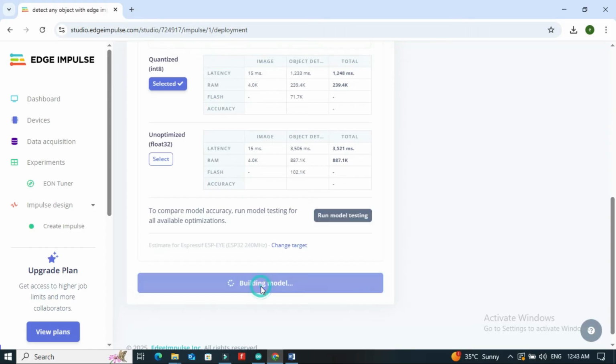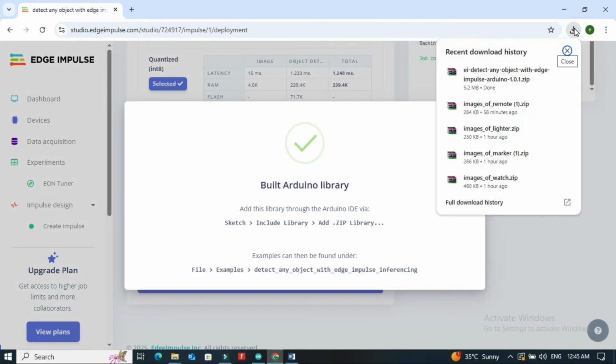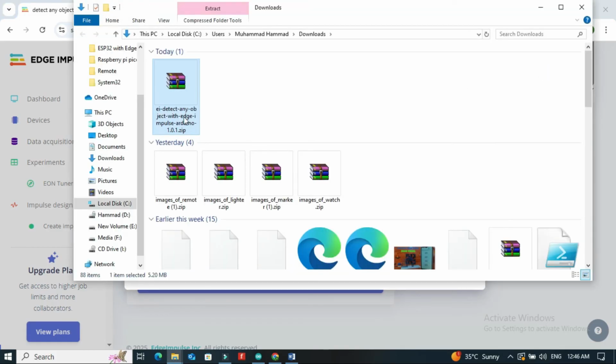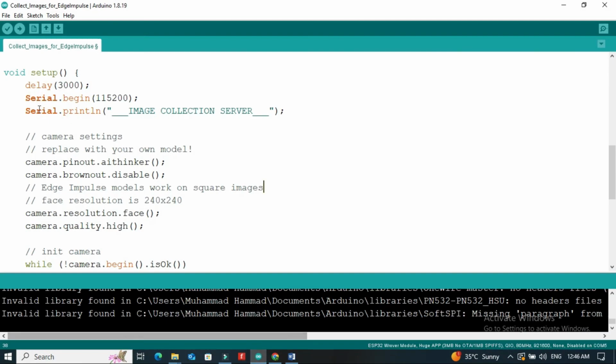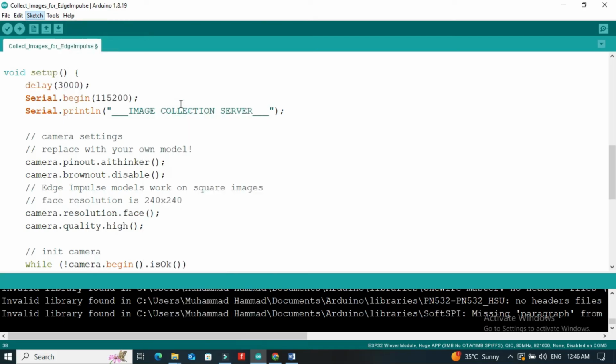Click Build to download the zip library. In the Arduino IDE, go to Sketch, Include Library, Add Zip Library and select the downloaded zip file.